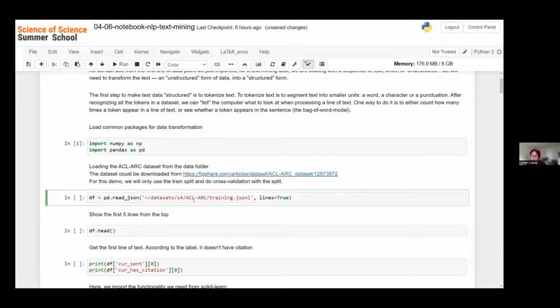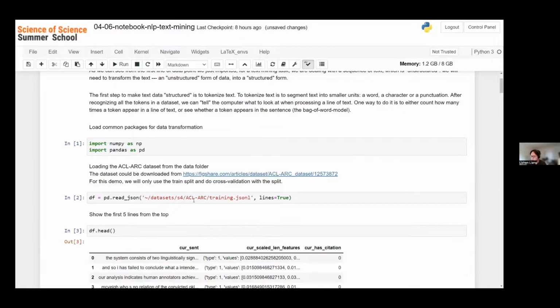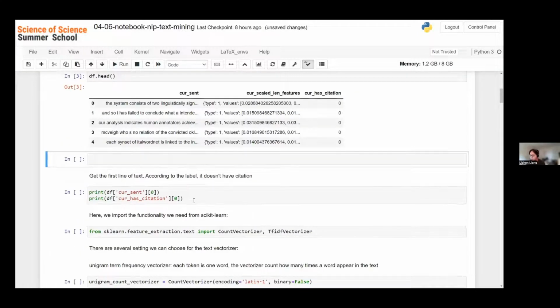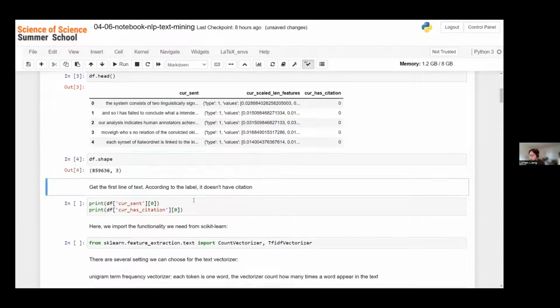Because it's a relatively large dataset, we'll just work with the training split, but in reality, it has both a testing and verification split. So we check the size of the dataset. Hopefully the environment won't crash.